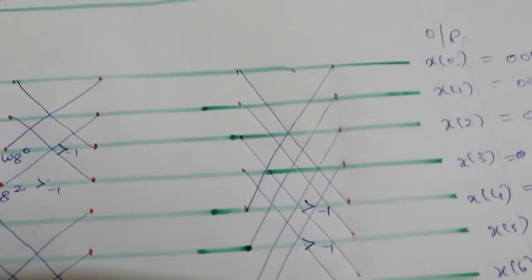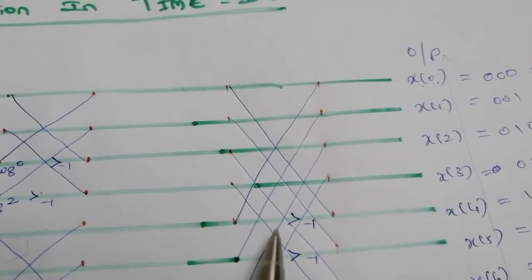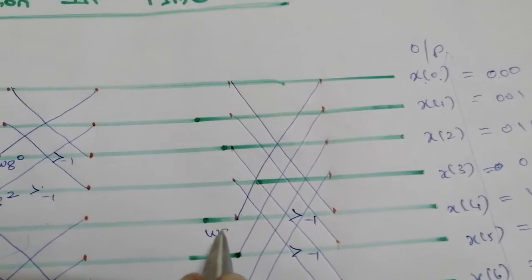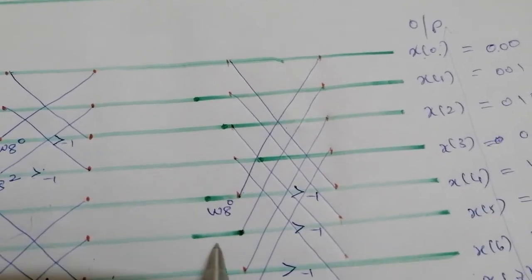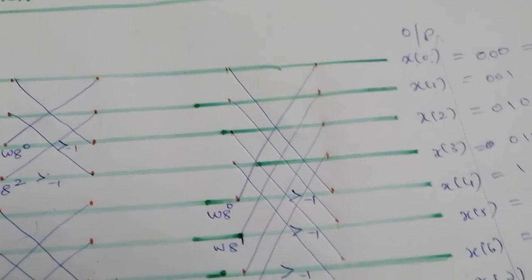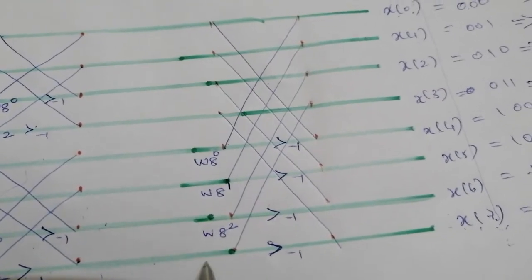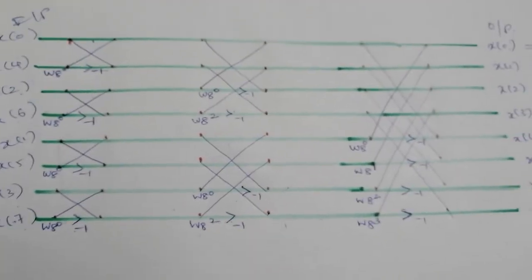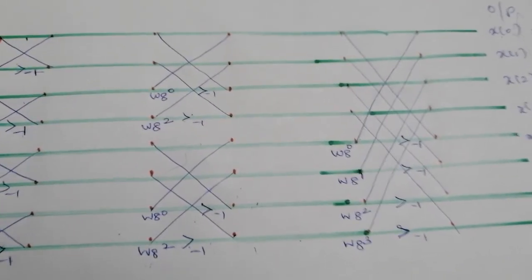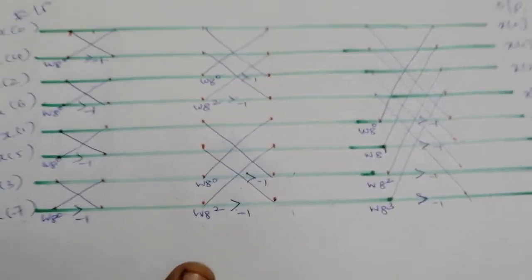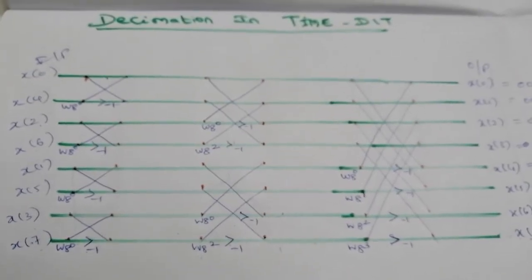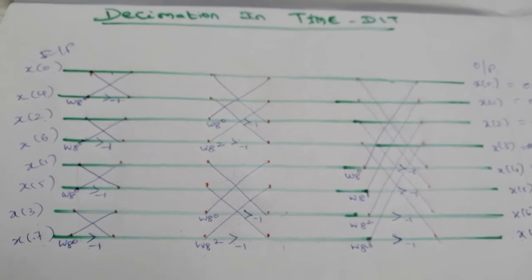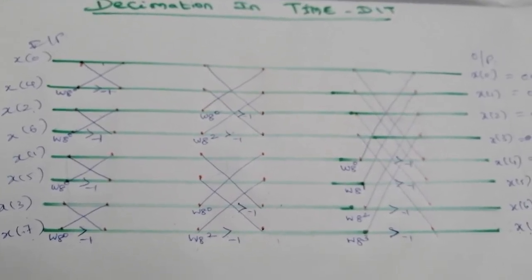In third stage, the -1 is multiplied in the below 4 lines. So the Twiddle factor is also multiplied in these below 4 lines, but the values are W8 power 0, W8 power 1, W8 power 2, W8 power 3, right? So this is the concept. If the question asks to use the DIT method, these are the steps. Here there is no way to change the values. This is the constant, okay?